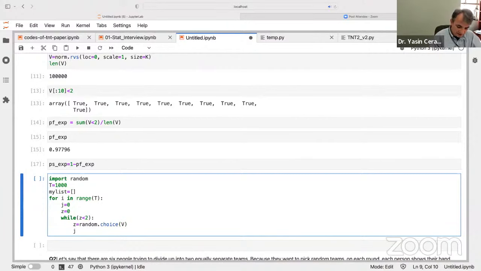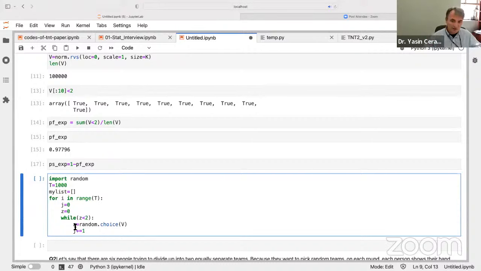And then I will keep counting the number of times I draw from this pool of numbers. As long as the number that I'm drawing is less than 2, I'll keep counting. The first time, it's not less than 2. Second time, not less than 2. Third time... So J is counting the number of times I draw, and Z is the number I'm drawing. Very good. Once I'm outside the while loop,